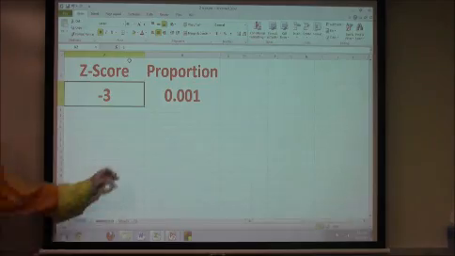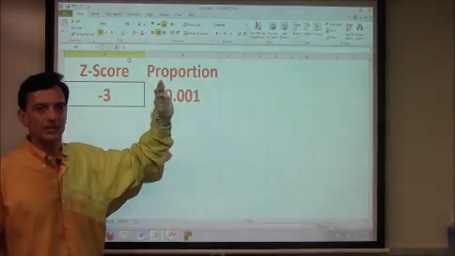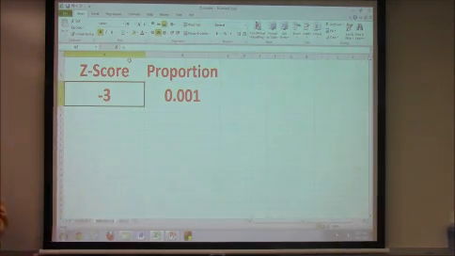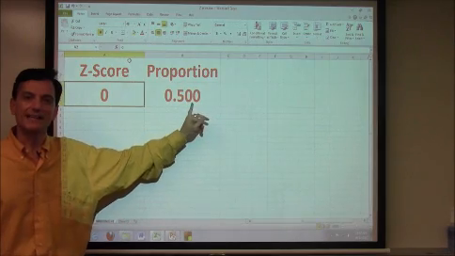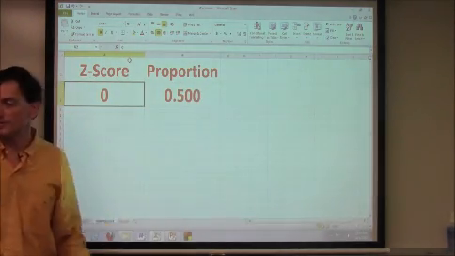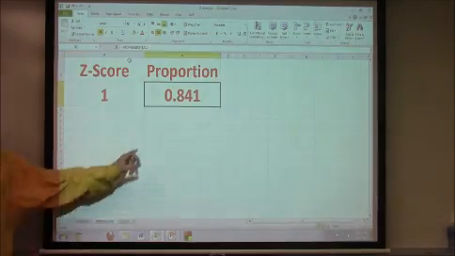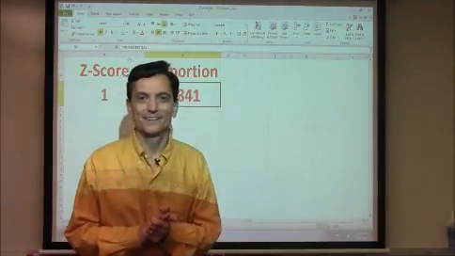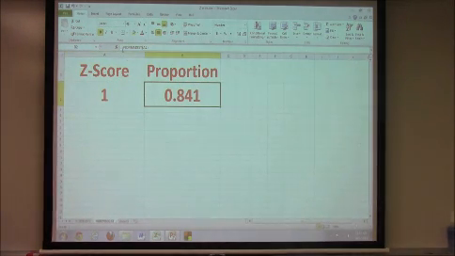Okay, then I get the complement of that number. I'm in a very, very low percentile. I'm at the fraction of 1 percentile. Okay, if I go back to a z-score of 0, that puts me right in the center of the distribution at the 50th proportion or the 50th percentile. If I put in something like a z-score of 1, that should get me pretty close to 0.84 and so forth. Okay, so I would encourage you to practice this,